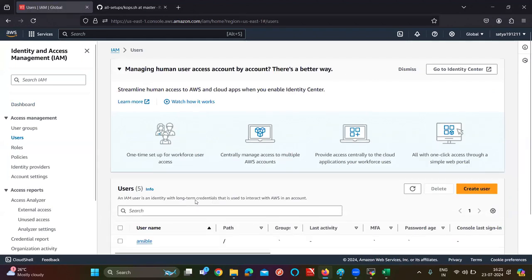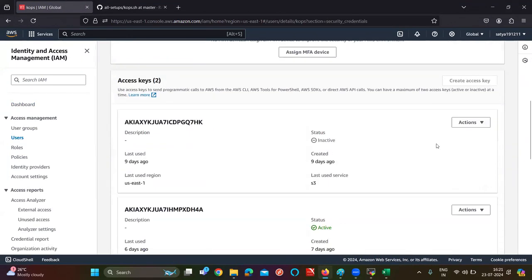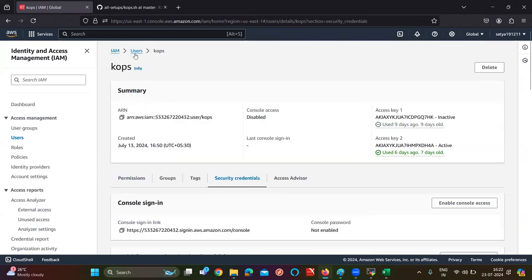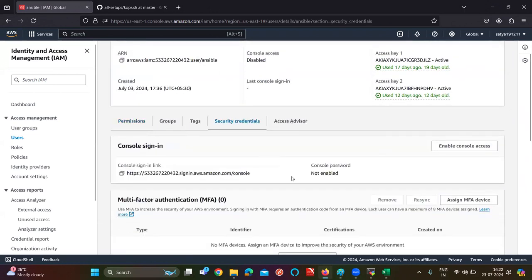Once you create a user, in the user section, go to security credentials. Here, click on create access key and secret key. If you click on create access key and secret key, you'll be getting a secret key and access key like this. So if you go to security credentials,